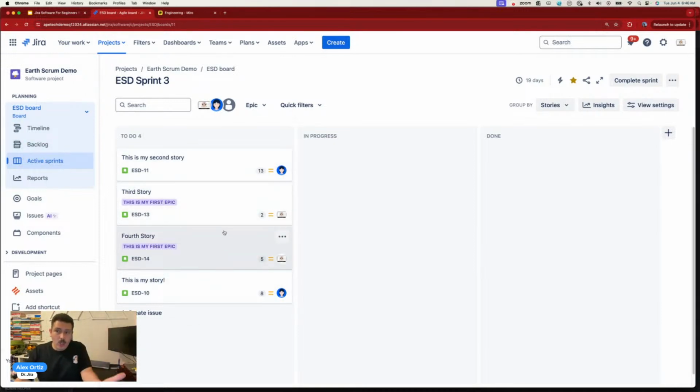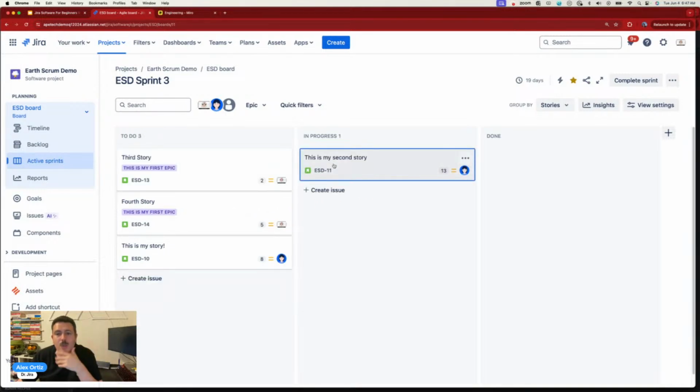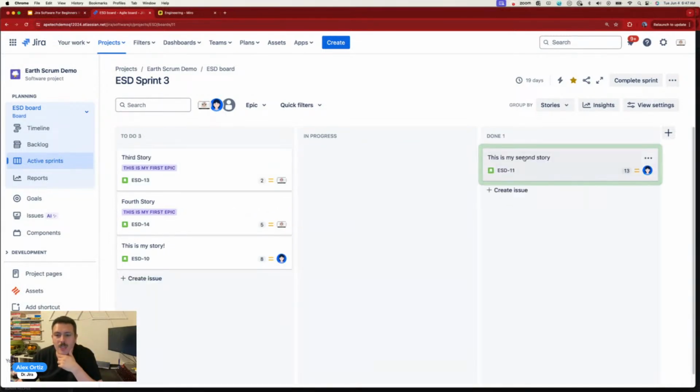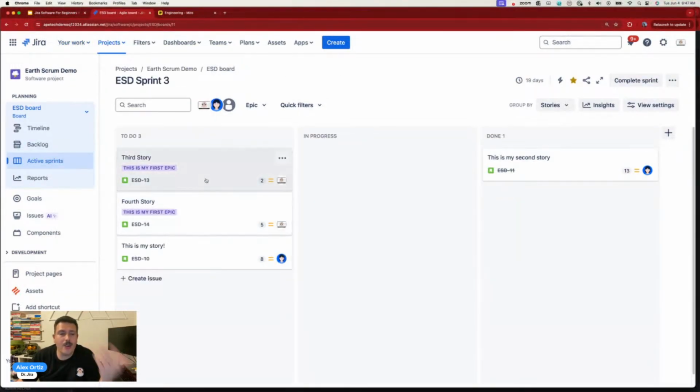And so now your job, the easiest thing I can tell you, is that for you to use Jira, all you've got to do is, for anything that's assigned to you, you just come in here and update the status. You move it to in progress and you move it to done. That's it. That's literally fundamentally all you've got to worry about from a Jira perspective. So it's easy, right? All you've got to do is go to your work, find out what's assigned to you, or if you know the board, go to the board,